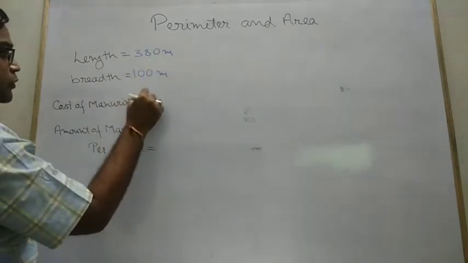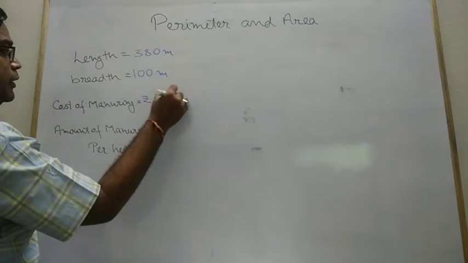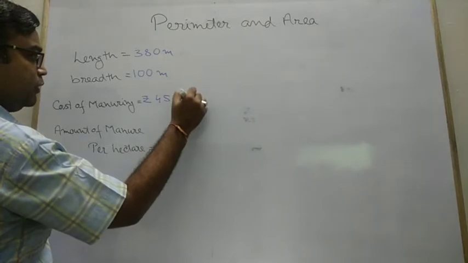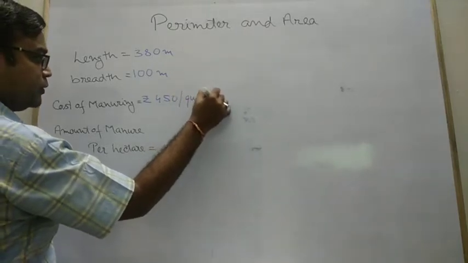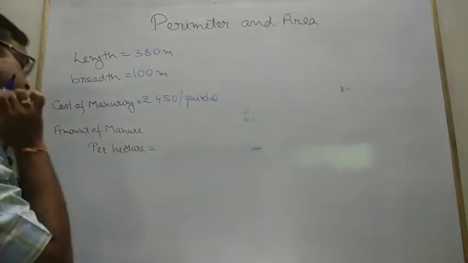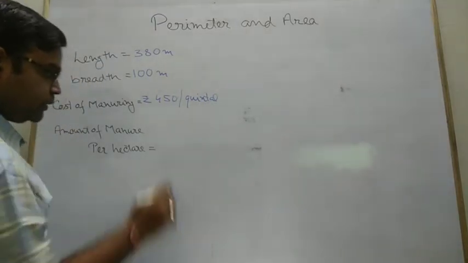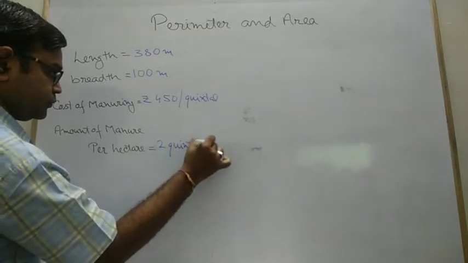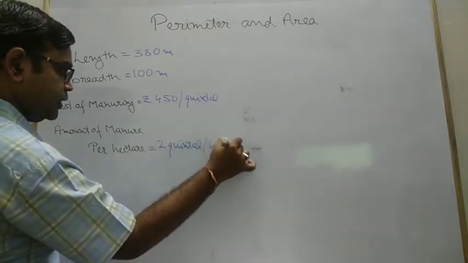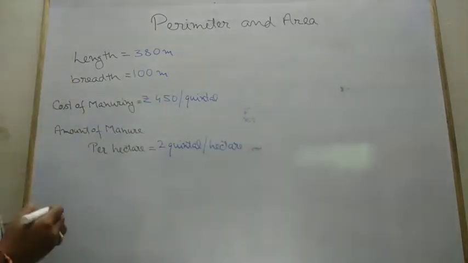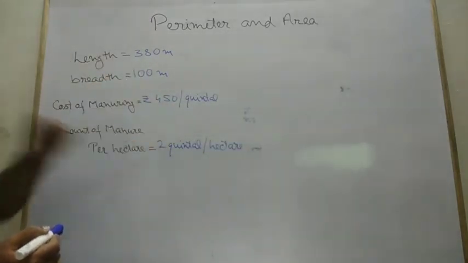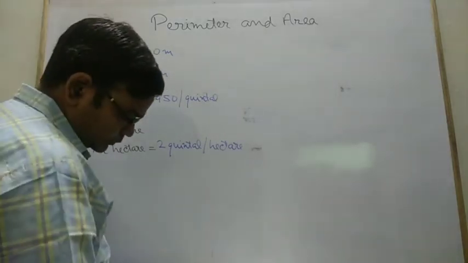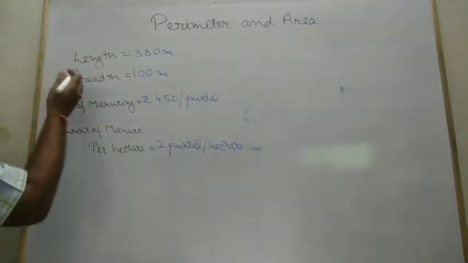Cost of manuring is rupees 450 per quintal. Clear? And amount of manure required is 2 quintal per hectare. These things are given to you. We use these 4 things to solve the question. Question asks you to find the total cost. So first we have to find out the area, because